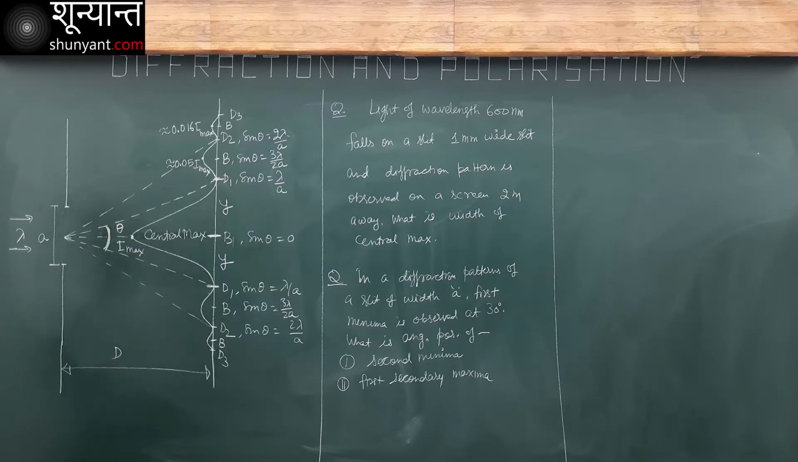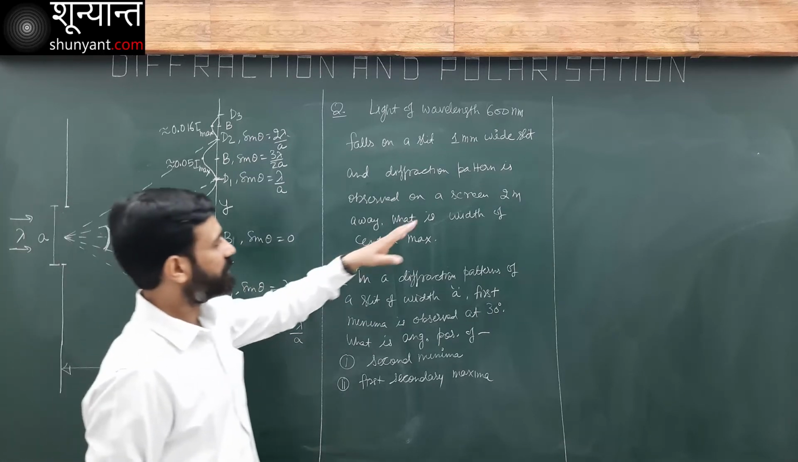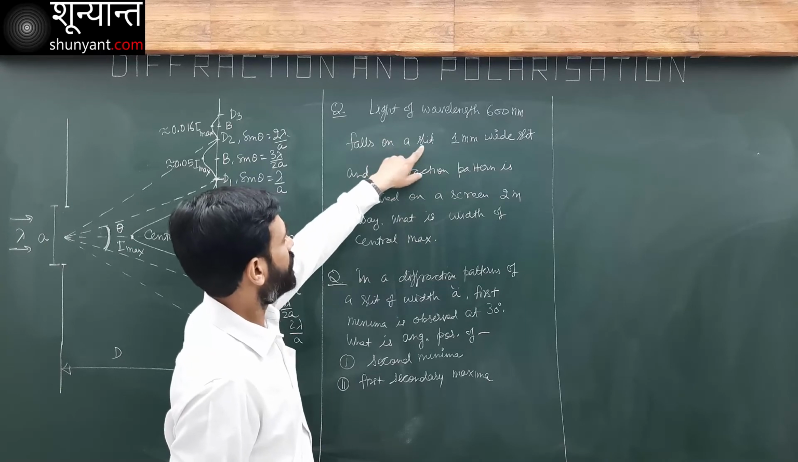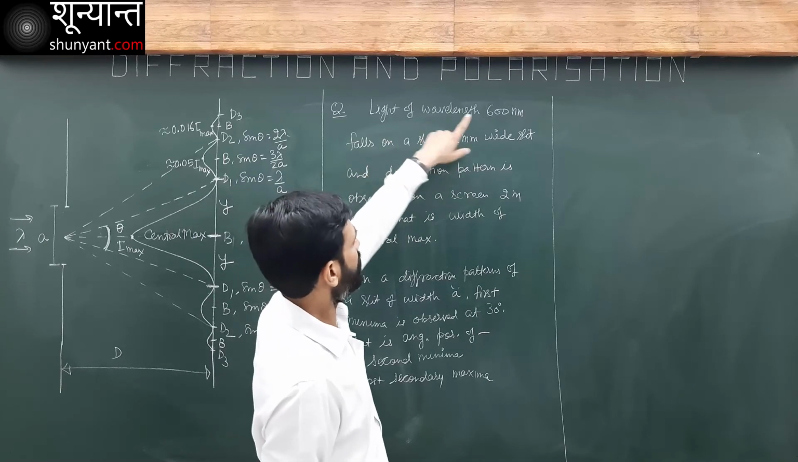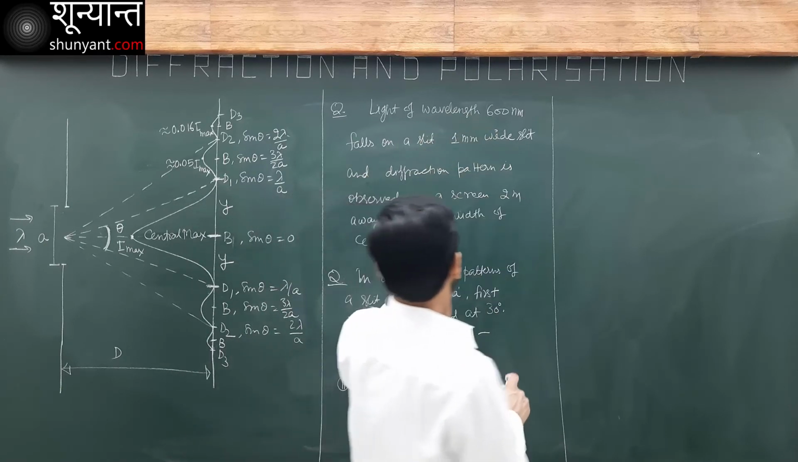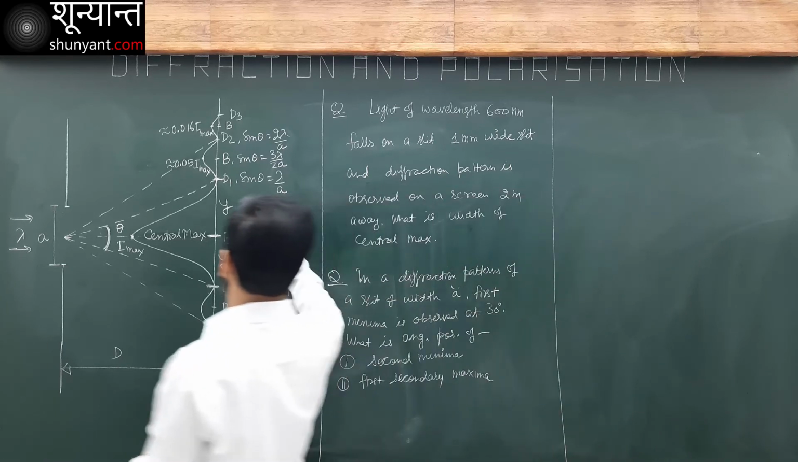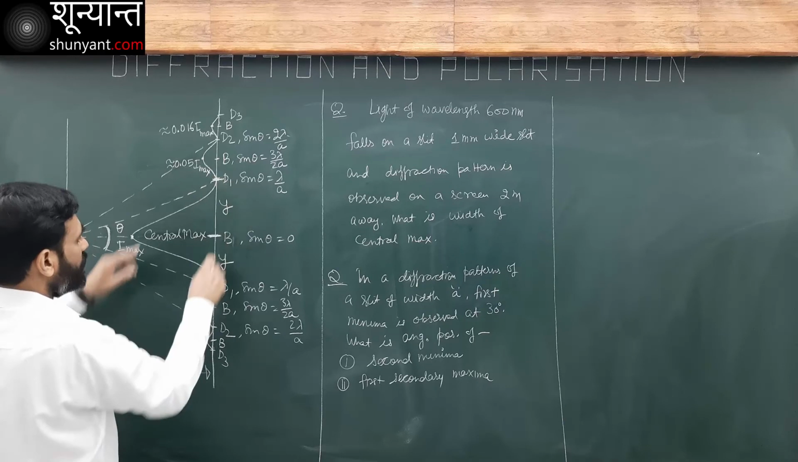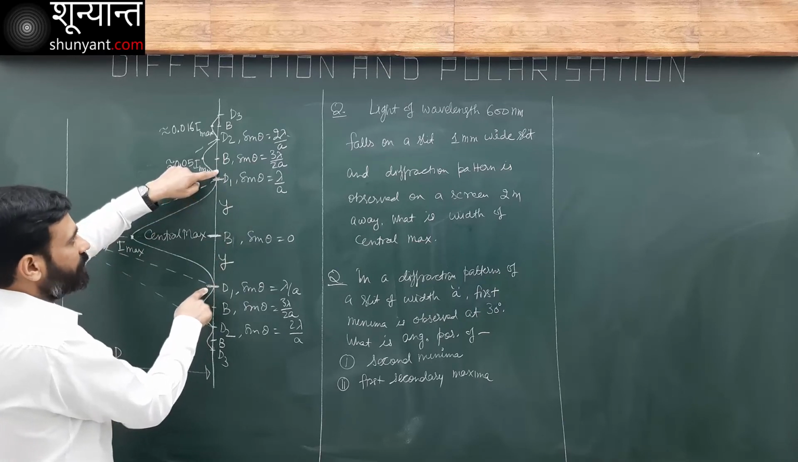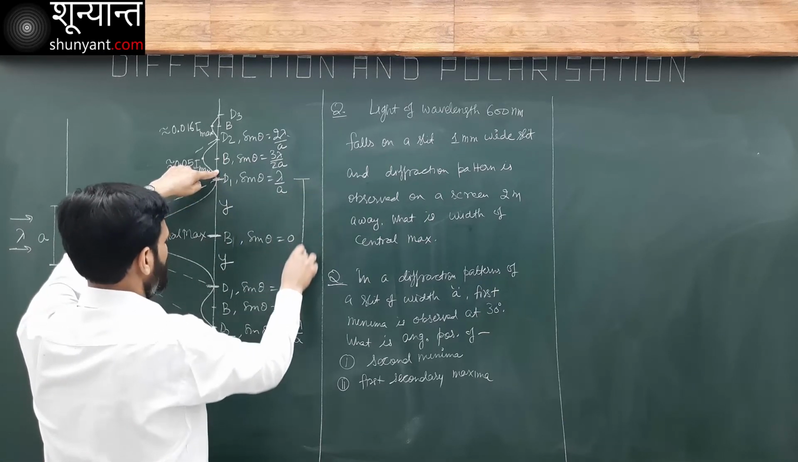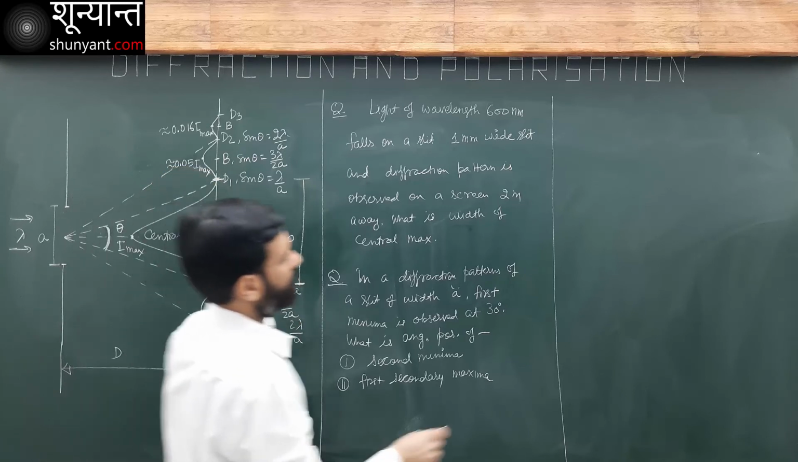Of central maximum, if the screen is 2 meter away, slit size is 1 mm, wavelength is 600 nanometer. What is the width of central maximum? So this whole width I have to find out. This linear width, from here to here. We just derived it. Angular width